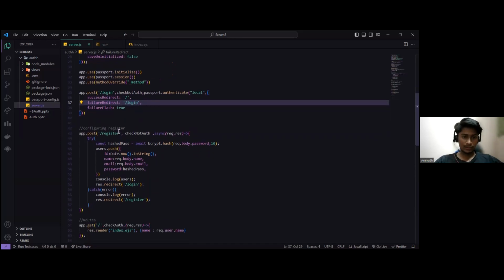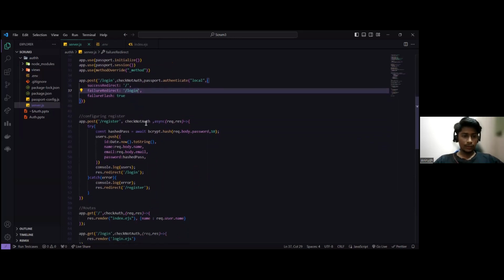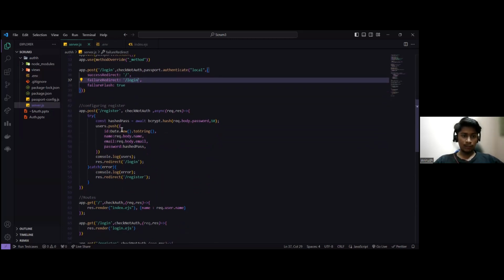So this is the configuration register for the user. Here we input the username, email, and password from the user, and we create an ID, name, email, and the password is hashed by the bcrypt